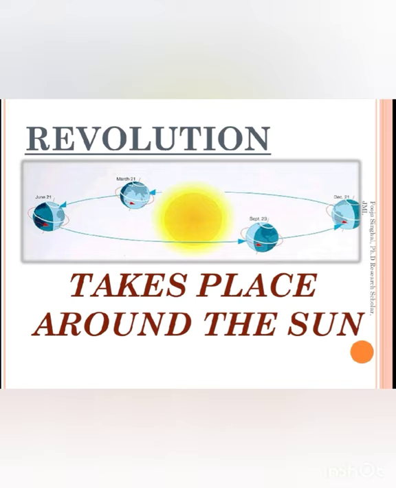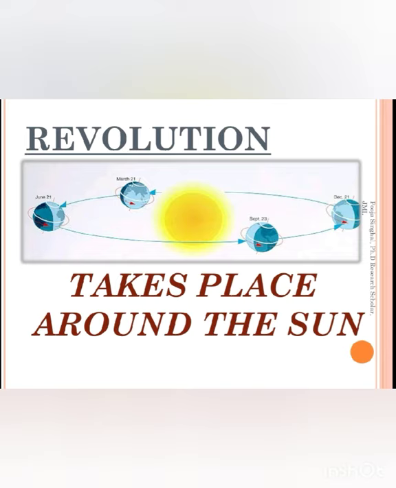Now, coming to the second motion of the earth around the sun in its orbit, that is revolution. Rotation or revolution of the earth, or motion of the earth around the sun is revolution. You know, children, the earth revolves around the sun in an elliptical orbit at the speed of 29.8 kilometer per second, or it's about 1 lakh kilometer per hour. Just think about the speed. But even at this great speed, the earth takes 365 days and 6 hours to complete one revolution.